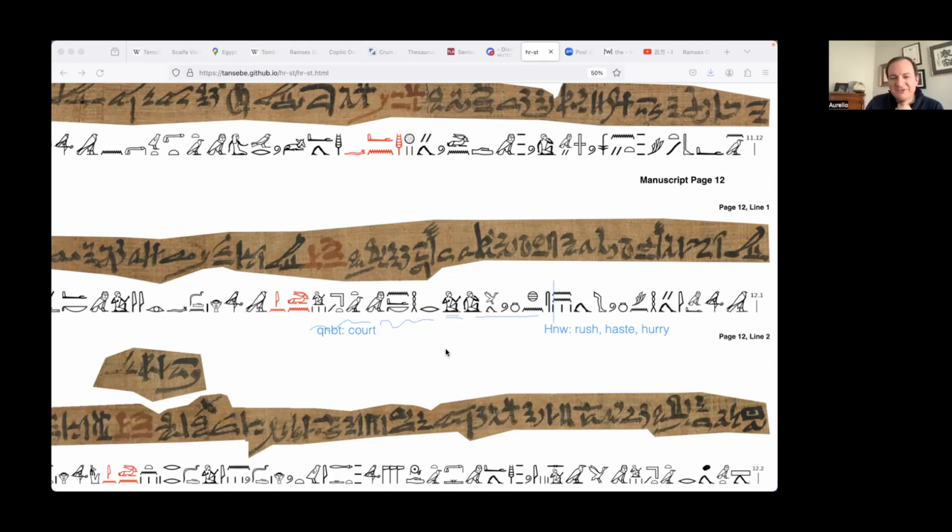Pretty close. You're translating the ZMF now as a past tense, which makes the whole sentence a bit weird. Come, we hurried, I contended with you in the court. There's another way to read the ZMF. If it's not past, it can also be like Middle Egyptian. It's a completed action here, so I contend. Or the other option, if it's not a past tense, would be prospective, basically. May I? May I contend?